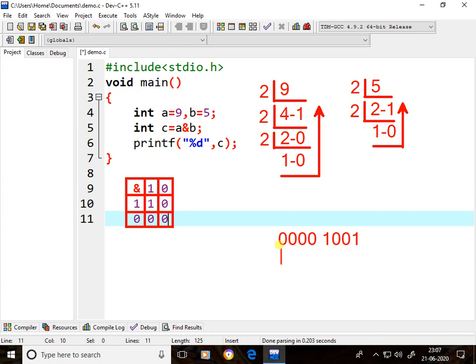For 8 bits, the remaining all zeros I'll take. 1 0 1.